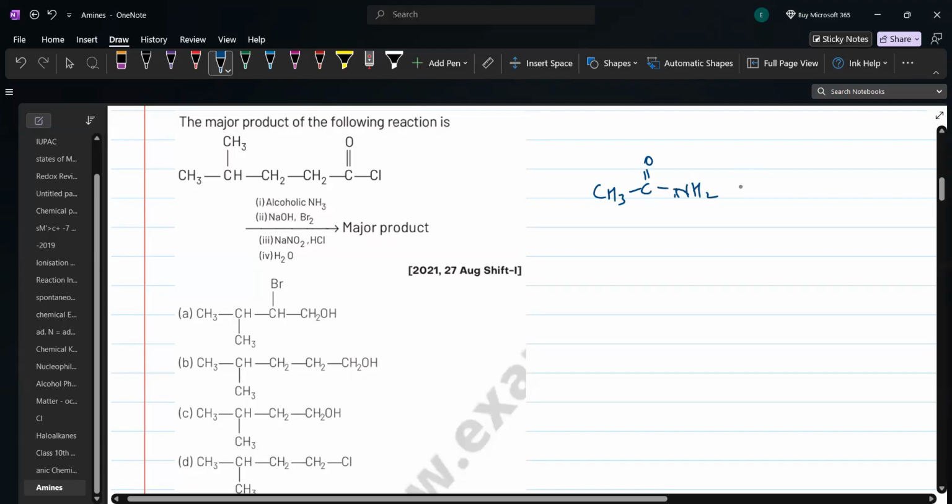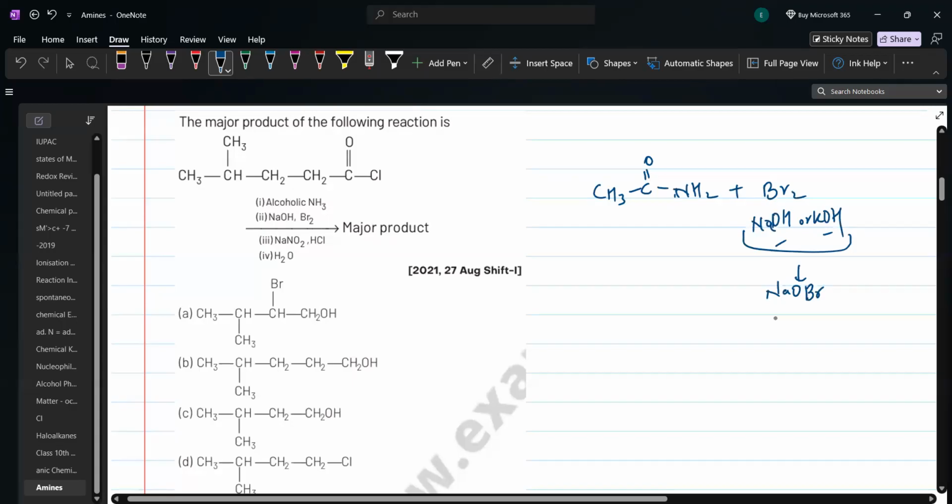When you react it with bromine and any base, NaOH or KOH, it doesn't matter, there should be some base. This mixture can be written in the exam as